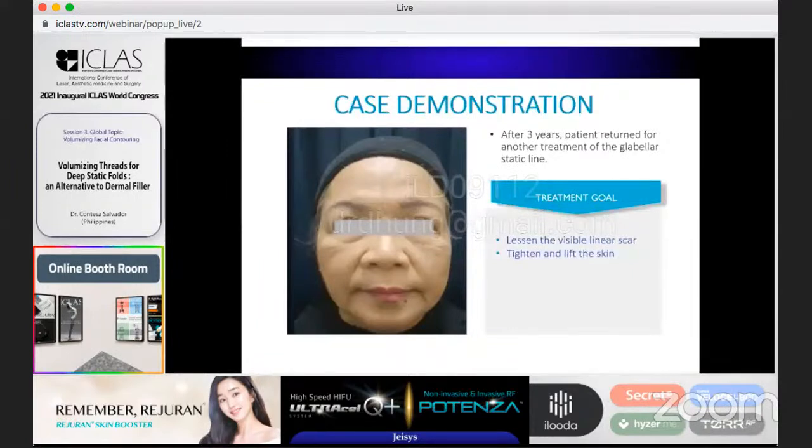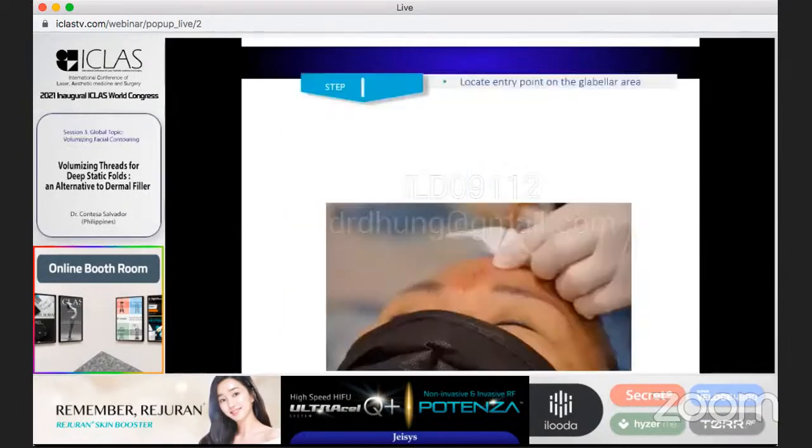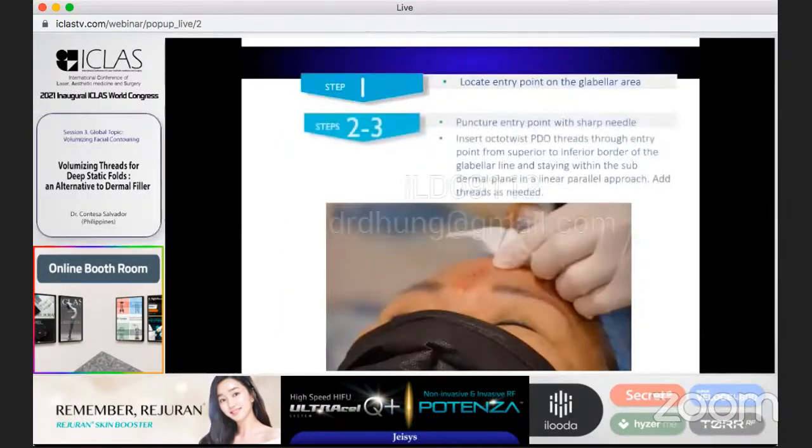So we're actually impressed that the treated area was no longer as worse as before. As you can see, it's just a linear mark. So for now, we said that we could do another treatment for her using our PDO threads. I did again another PDO thread injections, but this time I used a thicker type of volumizing threads, the OctoTwist